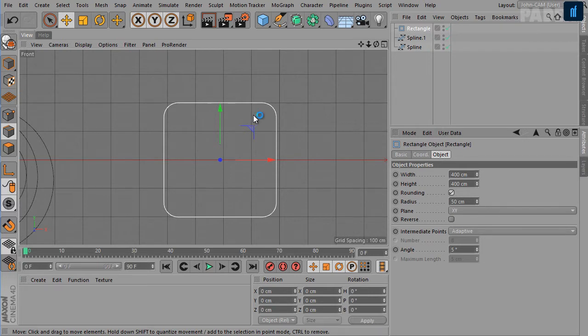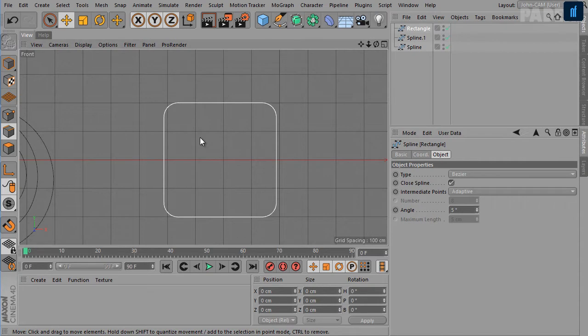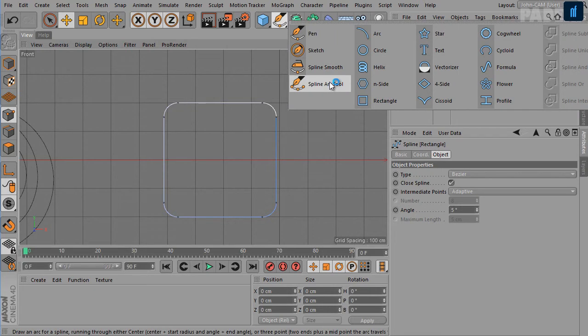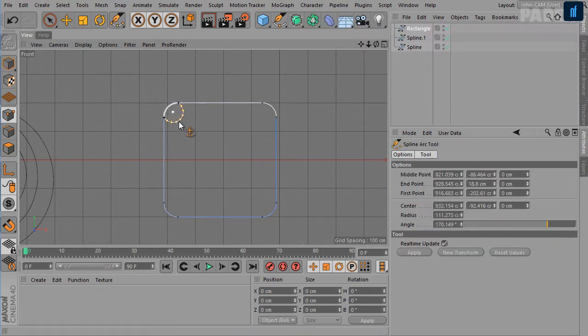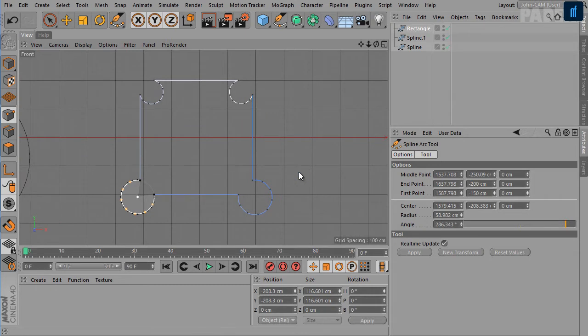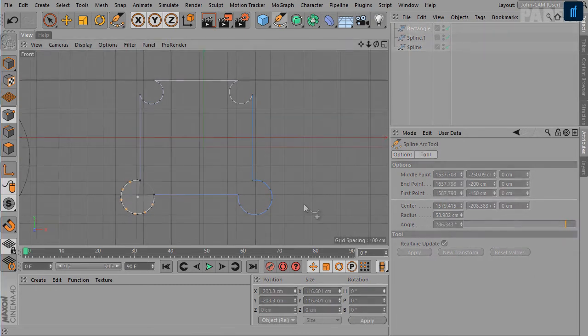Then I'll convert it to an editable object by pressing C on my keyboard, and then choose the points mode from here. Now select the spline arc tool, click and drag on this segment to create shapes like these. Okay, so this is how we use the spline arc tool.